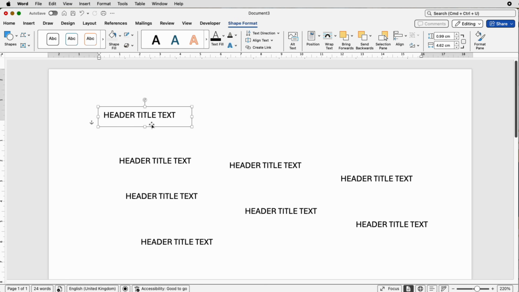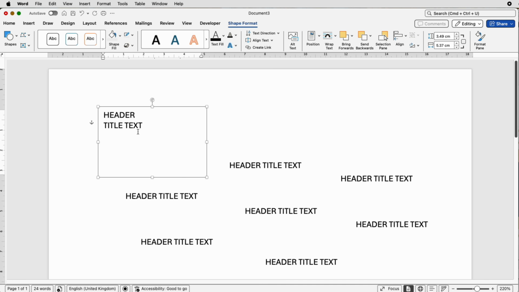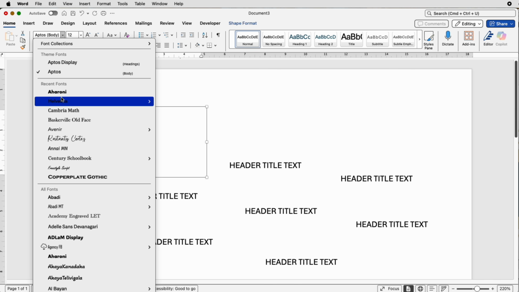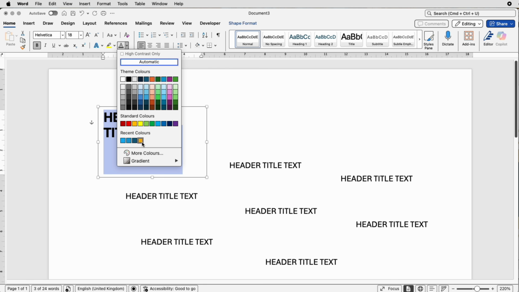So now I'm just going to adjust this text box. Let's just move this one out of the way. Adjust this text box for our needs at the top, and I'm just going to put that one on a separate line. I'm going to select it all, go to the Home tab, and obviously here you can make all of your adjustments to your text, including the font. Let's change it to Helivector. Font size, we can increase it with this Increase Font Size tool, or of course you can put in the number here. And we can select bold if we want to, and then we can change the font color as well. So I've got some recent colors I've selected down here for this project,